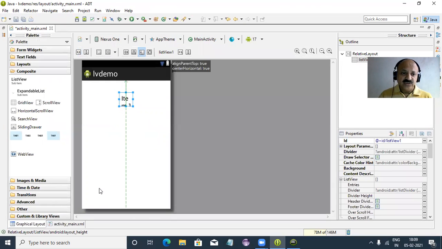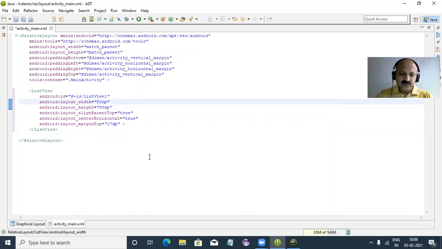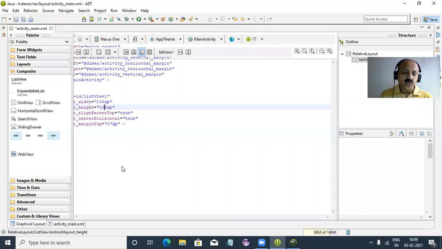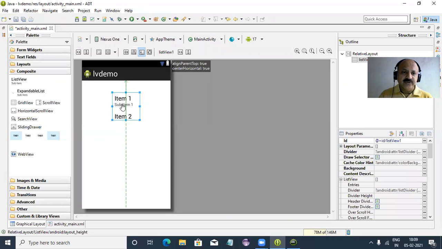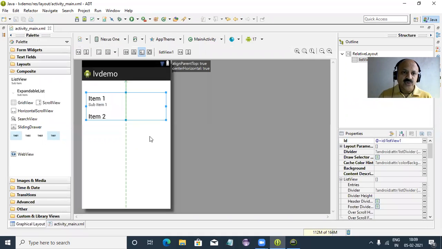So look, that is very small, but we require something bigger. So I increase the width, like 100, that previously we took, and the height we can also increase. So that is also 100. So now let us check how it looks. So now that is perfect, but the width we can also increase. So width, here I put 300. So let us check. I save and let us check. So yes, now it is perfect. So that is a list view.